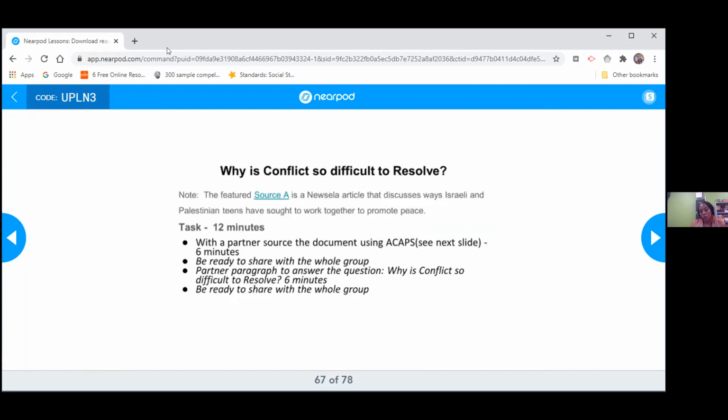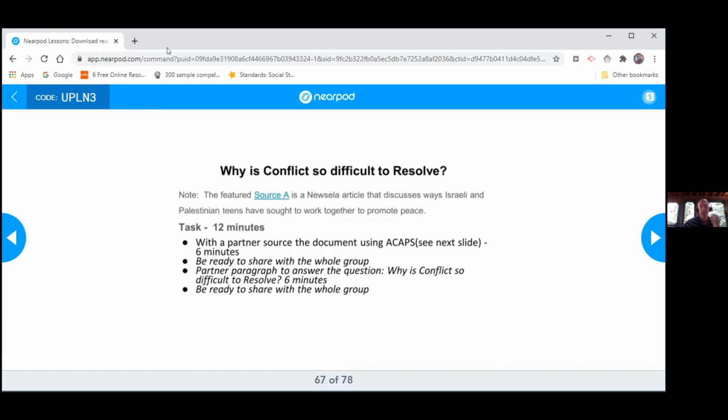And then you heard Holly and Stephen talk about this question, why is conflict so difficult to resolve? And you heard Stephen say that you can do this in one day, and maybe save the full-blown inquiry for once a quarter, but these can be done daily because then it goes with ELA. You can find a lot of articles in Newsela. I don't know if you guys have it, but you can find a lot of articles in there. And there are the steps that you would use to do it. So I'm just going to have Stephen describe to you how he did it. Yeah, so first of all, this article was a free one, and they have a lot of good free stuff on there.